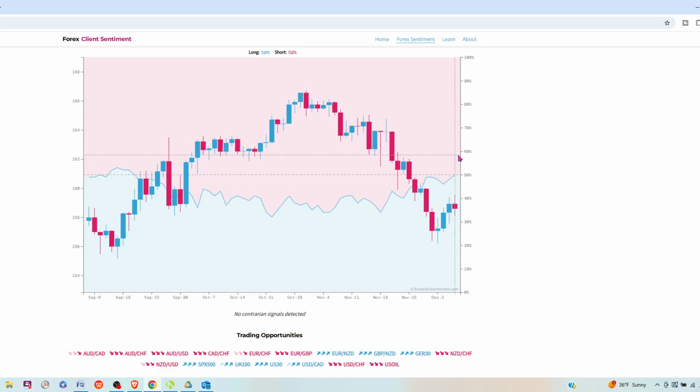And then at that point, I'm interested to start looking for shorts in this market. Because at that point, now you start to have more of an extreme position where 60% of the retail traders are long. So therefore, price is probably going to continue to go down. Again, falling into that statistic that 70 to 90% of the time the retail traders are on the wrong side